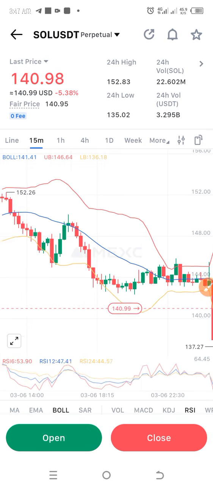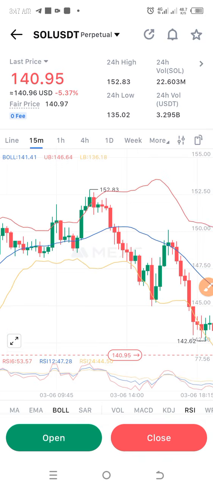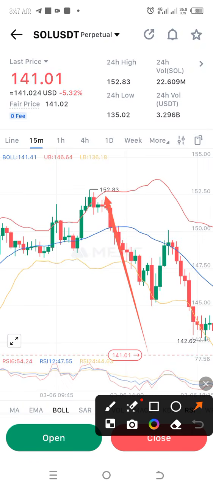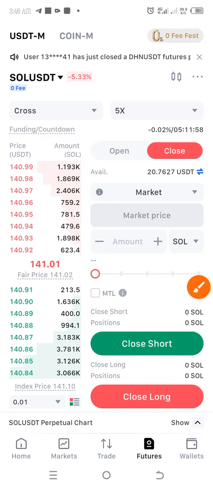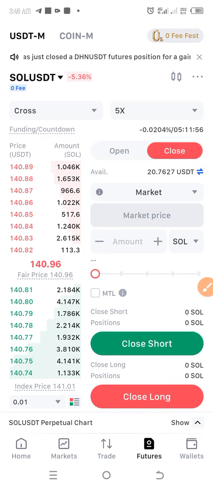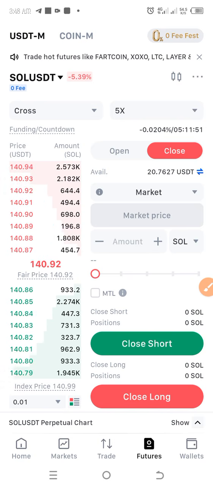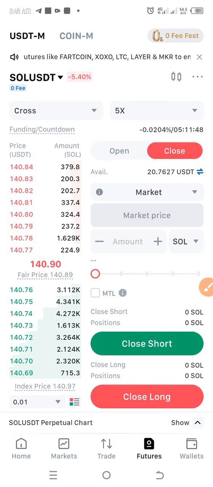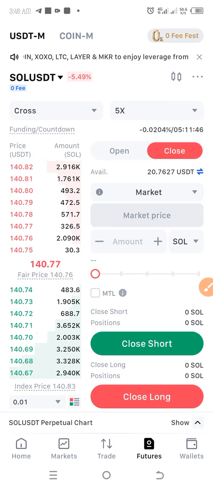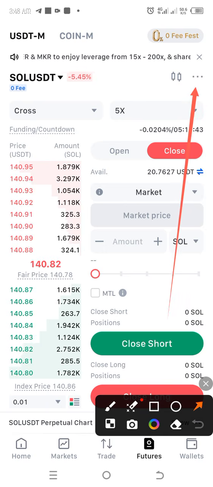And for futures, let's say from here you notice that there is a high price that is already out of the Bollinger Band here. Look at it here. The price is out of the Bollinger Band. We have 150, 152, and you come to short, and you short it at 152. You say, okay, if the price comes down from 152 to 145 or 140, I take my profit. If you check this here to make your calculation, let's say